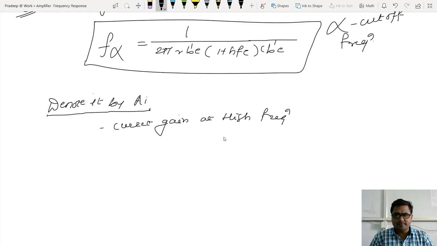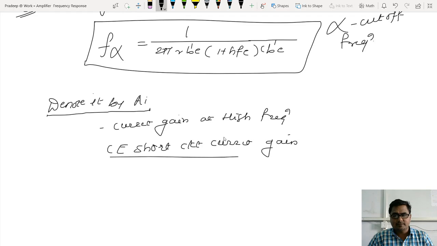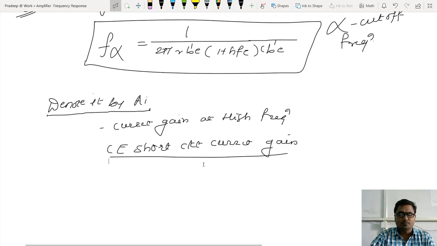The title of what we have written is what? CE short circuit current gain. That's what we want actually. Right. Now to proceed for the CE short circuit current gain,